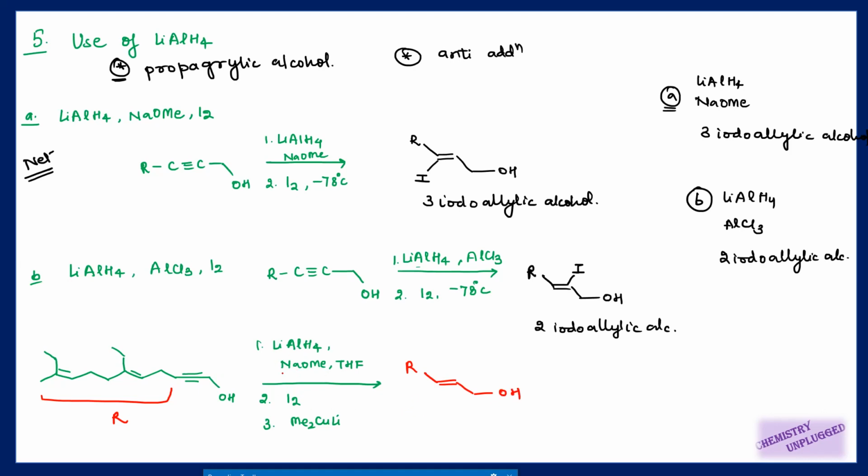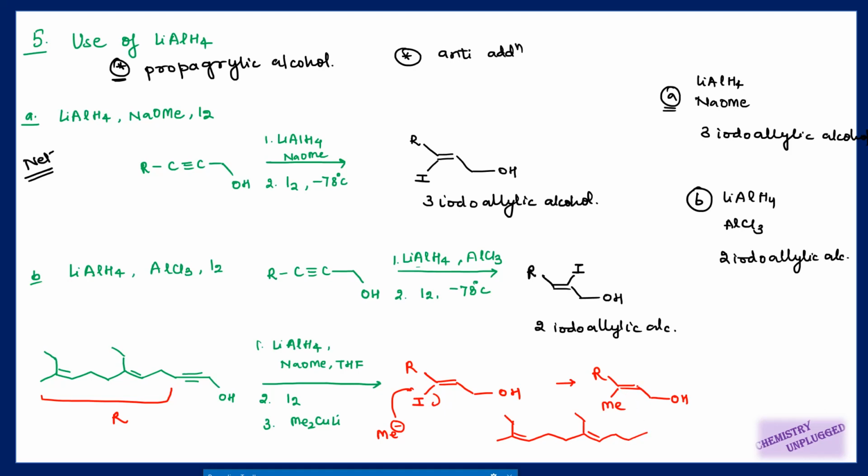Then because we have sodium methoxide here, we will get 3-iodoallylic alcohol, means I will attach at this place. Then we are using this methyl cuprate. So simply this Me minus will occupy the place of this I, and we will get Me attached here. Now you can write down the structure of this R. How will you write that? First write till this stage. We have come here. Then we have to place this double bond.